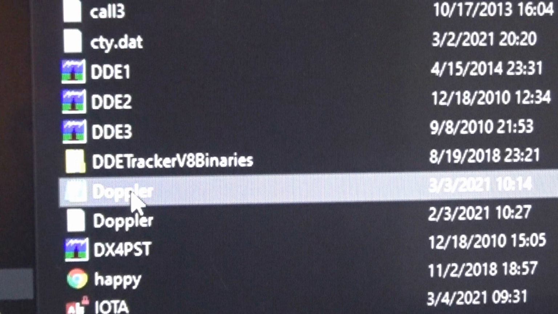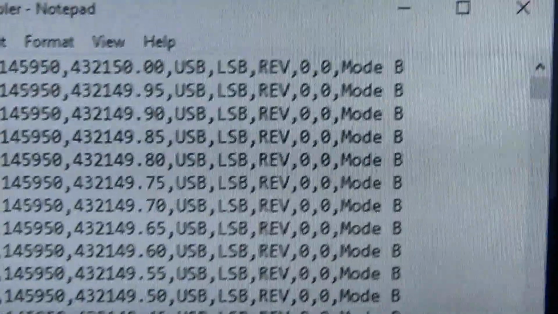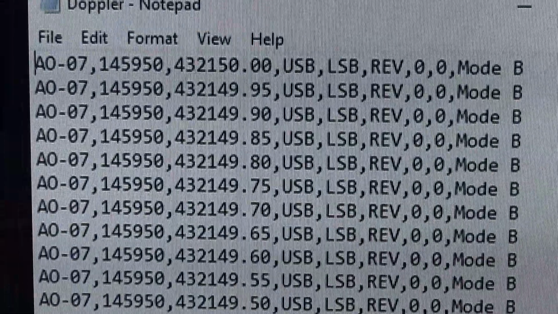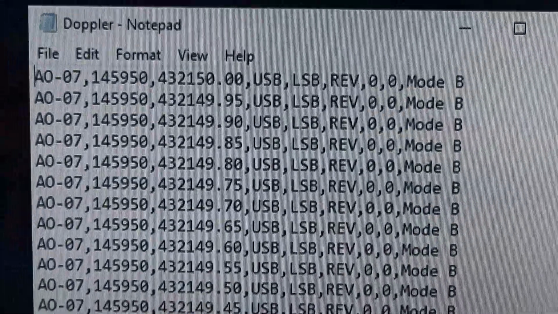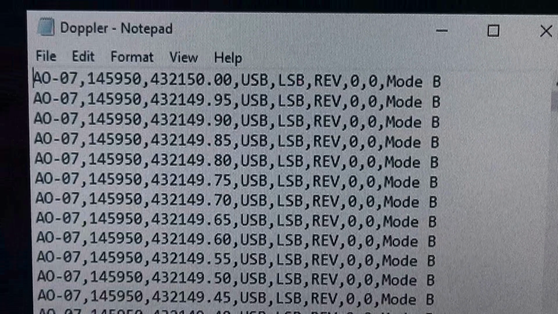Open that up, and let me move the camera here. In a notepad,